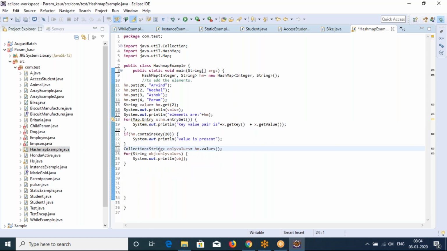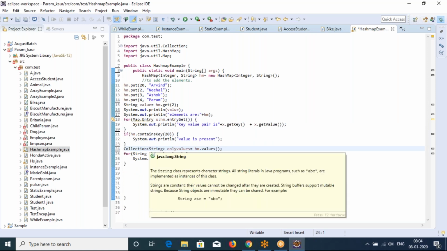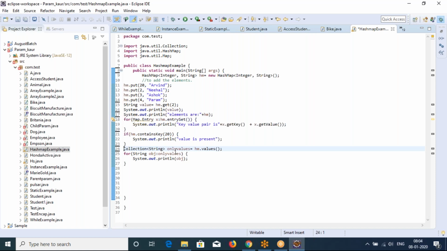See this collection. Only values equal to HM dot values. For string object only values, HM dot object. Okay.